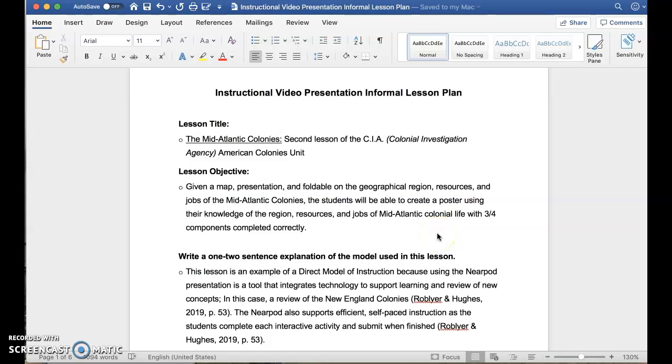The lesson I chose is part of a unit lesson on the American colonies, and the lesson presentation is on the Mid-Atlantic colonies. So this is the second lesson of the Colonial Investigation Agency American Colonies unit. So the lesson objective for the students is, given a map presentation and a foldable on the geographical region, resources, and jobs of the Mid-Atlantic colonies,